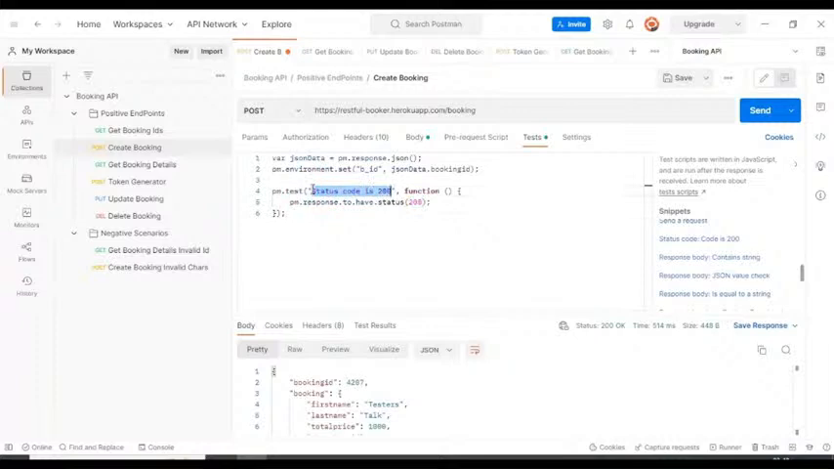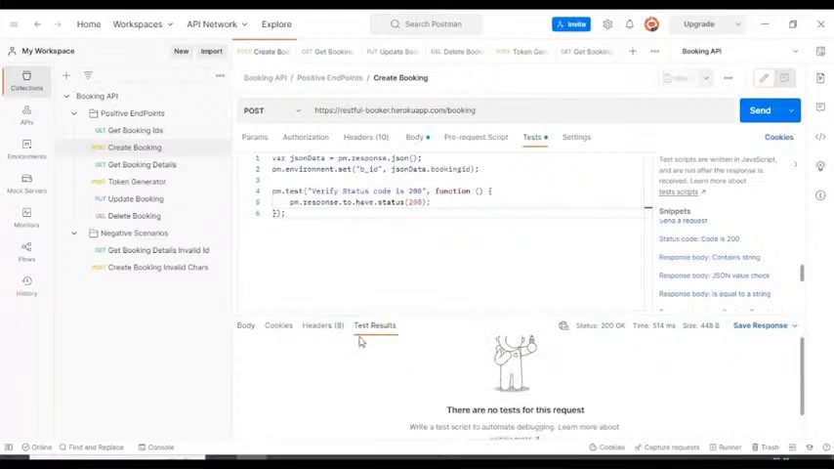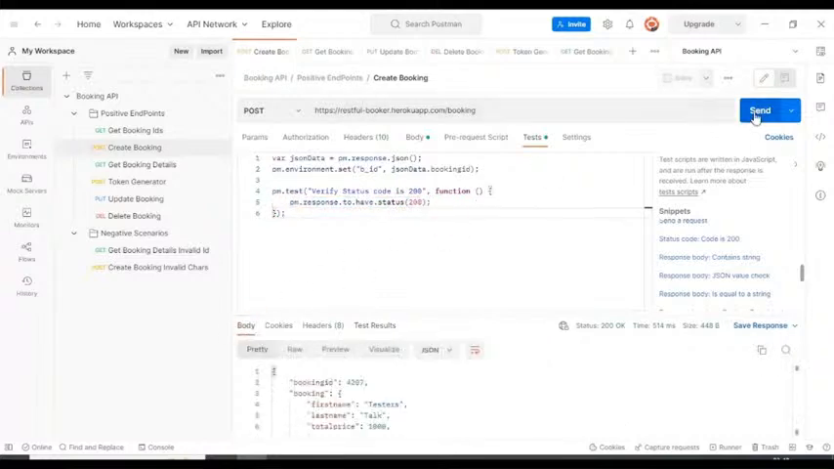So here I'm specifying the test name as verify status code is 200. So that's it. So right now in the test results tab, you're not seeing anything, right? So I have added one test and it has the one assertion that is validating the status code of the API, right? So let's execute this API